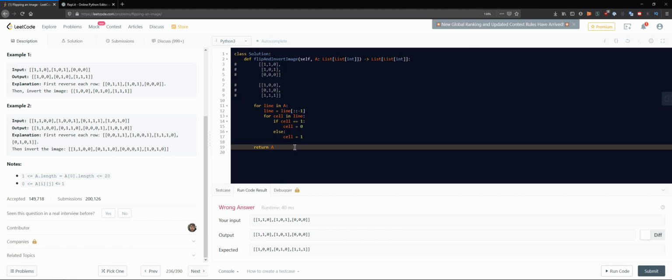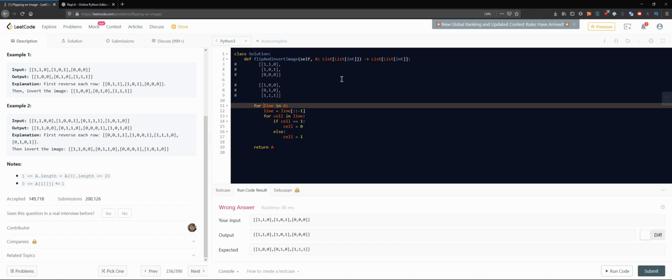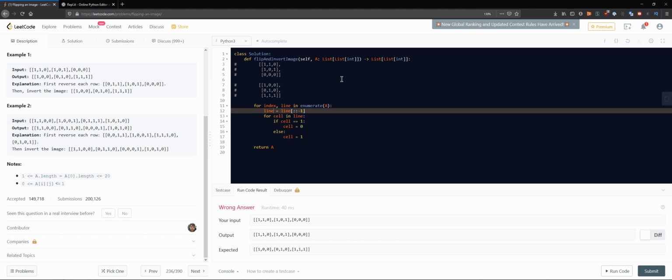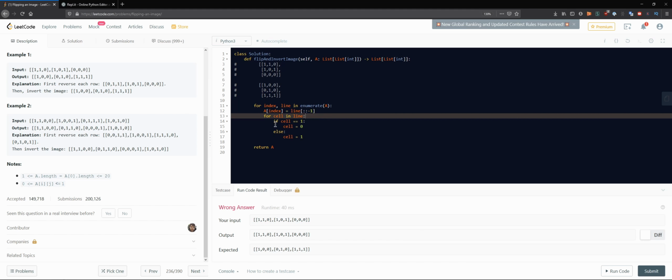So from what I see, we didn't. Okay. Well, let's have it as is. Enumerate a. I guess we need to assign these to the matrix like this. I'm okay with that. And for cell, for index, cell in